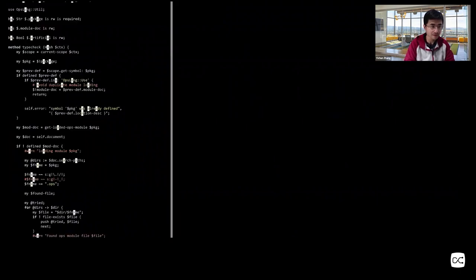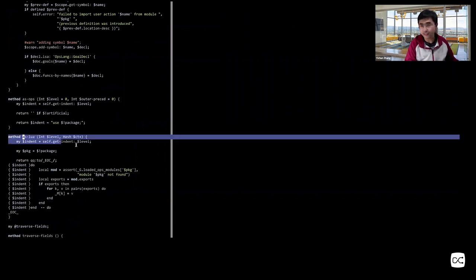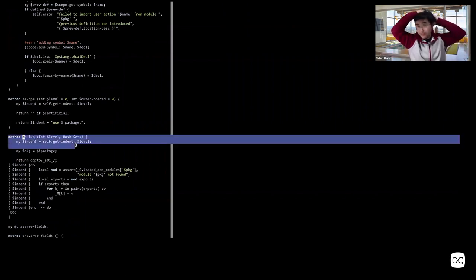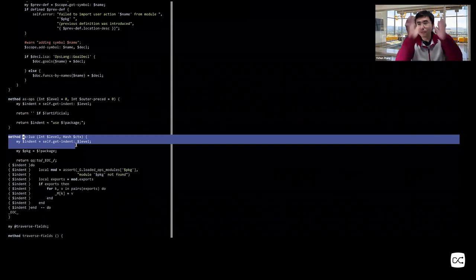Okay, so this has a Lua method. The code generator is in a different AST class, so it can also be called recursively. The doc calls all the children's as Lua method, right? And each node in turn calls their children's as Lua, and they assemble the final Lua code in a composable fashion, right? From the leaves to the top, to the root.